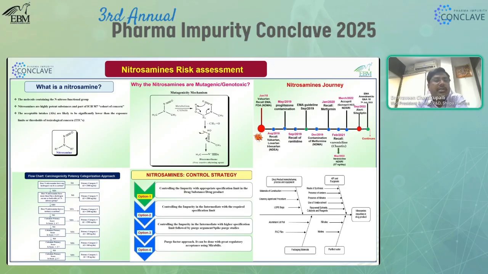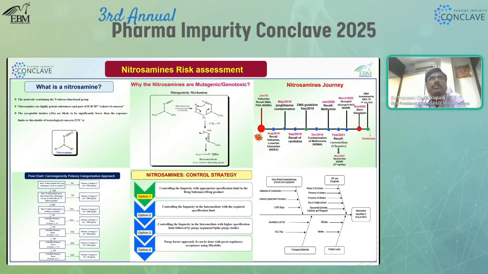Before this EMA guideline, around 2018-19, we were blank in controlling any nitrosamine impurities in the drug substance or drug product. Whether we had to control at 19 nanograms, 26 nanograms, or 96, there was no clarity on the acceptable intake limits of the nitrosamine impurity. Now there is a defined limit for some of the nitrosamines in the FDA or EMA guidelines.